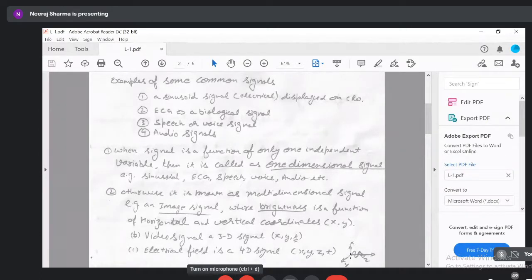उसको हम रिजॉल्व कर लेते हैं, फॉर एग्जांपल से EX, EY, EZ. तो उस केस में आपके जैसे इसमें एक वेव फॉर्म शो की हुई है, अगर आप इस कंपोनेंट को रिजॉल्व करोगे x एक्सिस और y एक्सिस के अलोंग, तो x और y एक्सिस के अलोंग भी EX और EY कंपोनेंट आ जाएंगे एंड EZ विल बी द अनदर कंपोनेंट, राइट? सो इस तरह से आपके पास 3 डायमेंशनल सिग्नल बन जाएगा ये, क्योंकि आप एक्स वाई और जेड किसी भी डायरेक्शन में इलेक्ट्रिक फील्ड को रिजॉल्व कर सकते हो। ये 3 डायमेंशनलिटी होगी। 4th डायमेंशनलिटी टाइम प्रोवाइड करता है, बिकॉज जो इलेक्ट्रिक फील्ड है उसका मैग्नीट्यूड चेंज होता रहता है विद रिस्पेक्ट टू द टाइम, सो दैट्स व्हाई इट बिकम अ 4D सिग्नल।